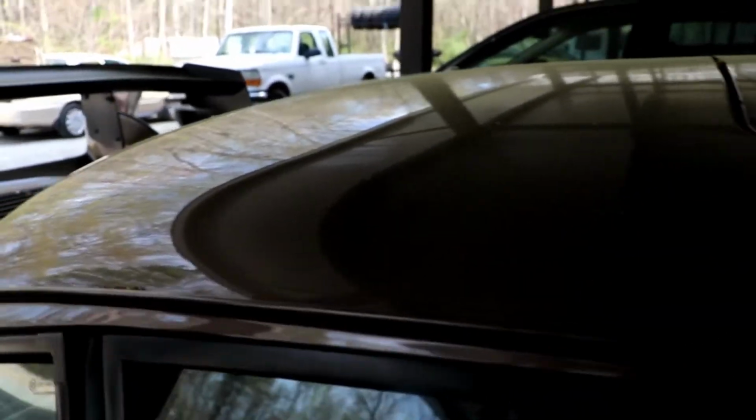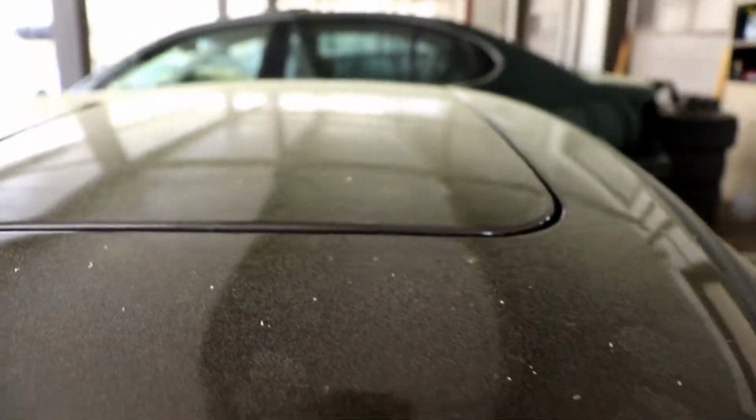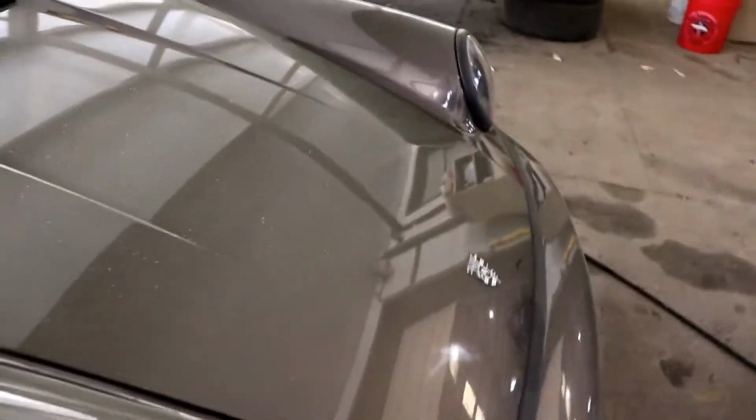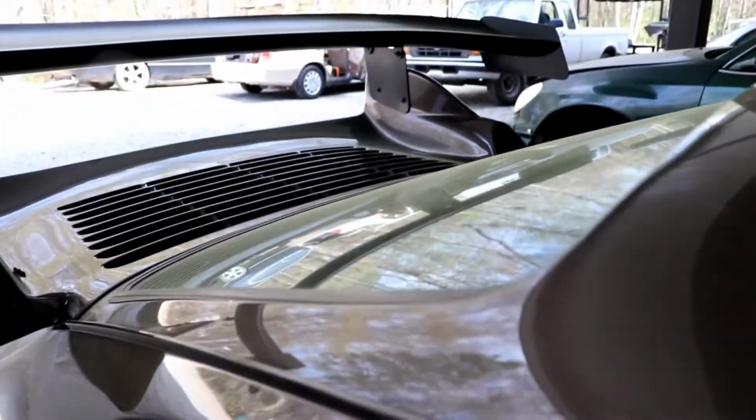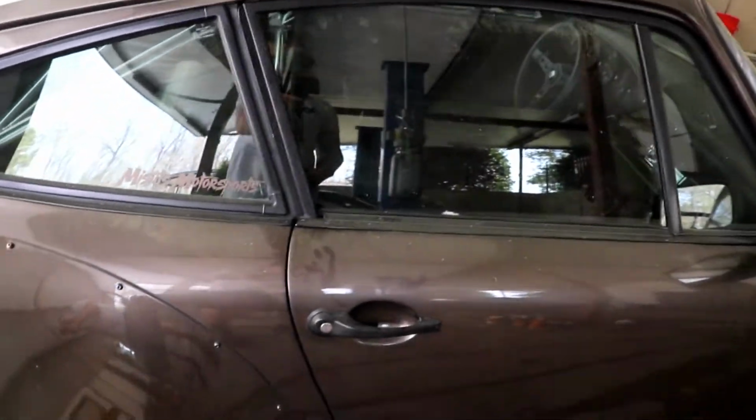I'm going to foam the car down. I don't know if you guys can see, but here in North Carolina, we've got a lot of pollen currently. So this car has pollen all over it. And if you hit it at the right angle and the sun hits it, it's not really showing up too well on camera. But when the sun hits it right, you can definitely see the amount of pollen that is